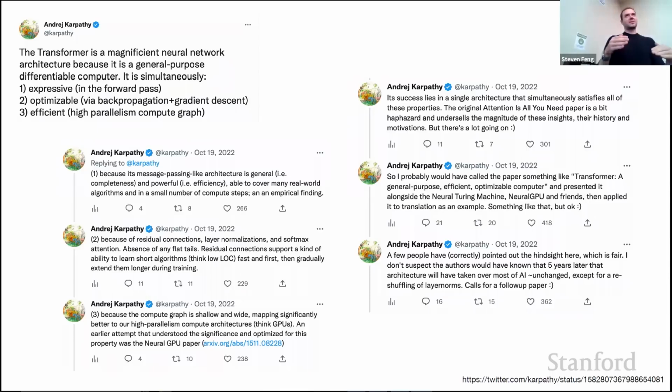So you don't need to do these encoder-decoder RNNs, where you have to go from the first word, then the second word, then the third word. But here in the Transformer, every single word is processed completely in parallel. I think all of these are really important. And I think number 3 is less talked about, but extremely important because in deep learning, scale matters. The size of the network that you can train is extremely important, and if it's efficient on the current hardware, then you can make it bigger.